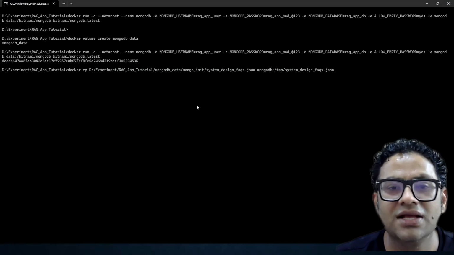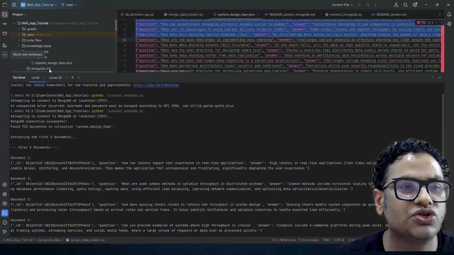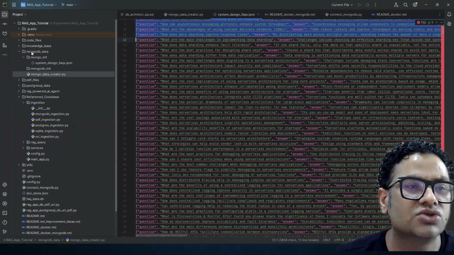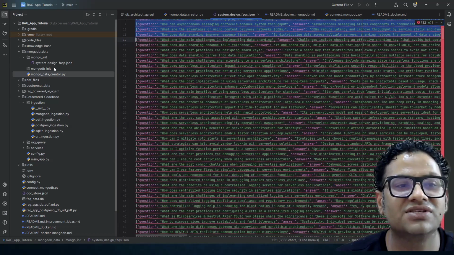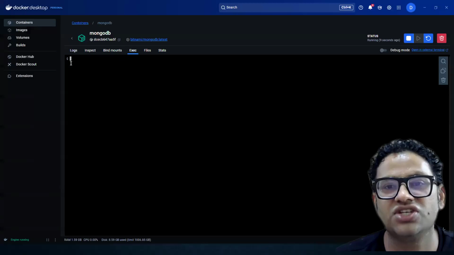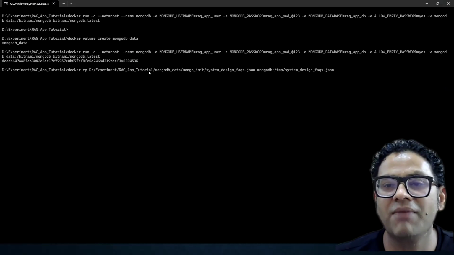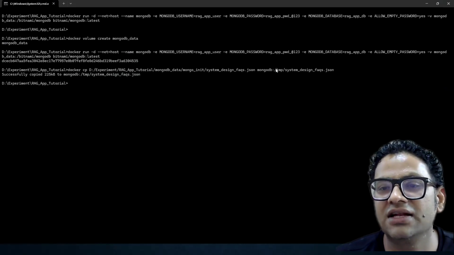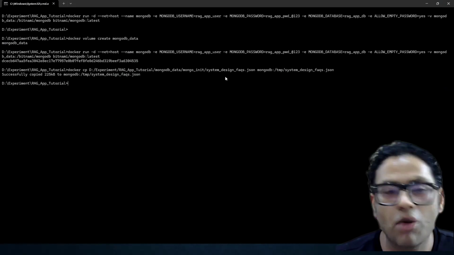So this is the place where I have this JSON created, right? Let me just quickly show you. This is the location. We have our MongoDB underscore data, and then Mongo underscore init, and then we have system underscore design underscore FAQs.json. This is the same path which we have on my machine. And now I'm copying this inside the container in the temporary folder with the same name. Once this is copied here,